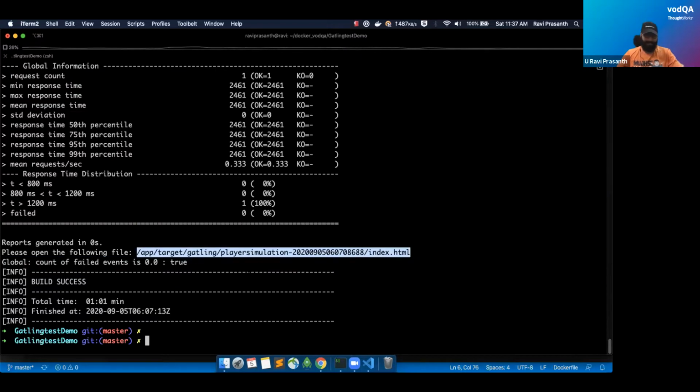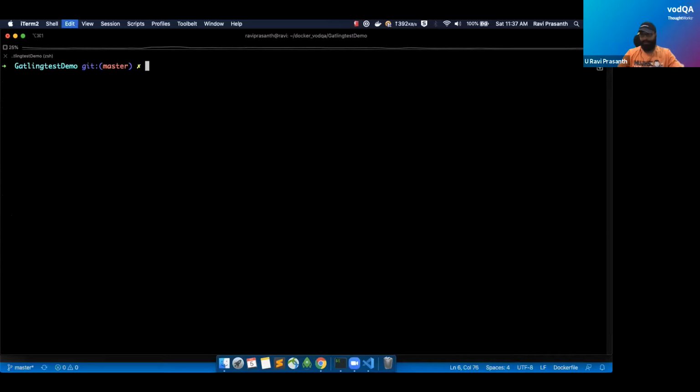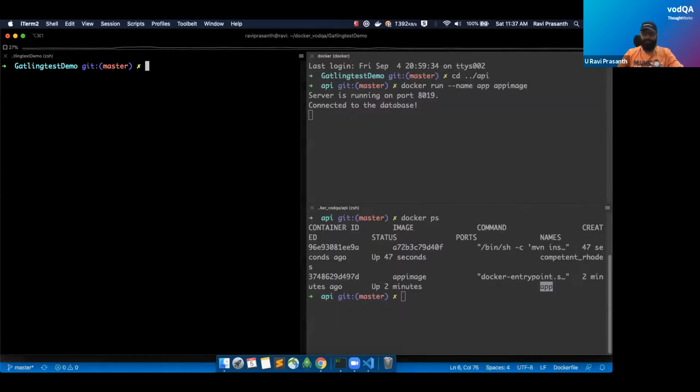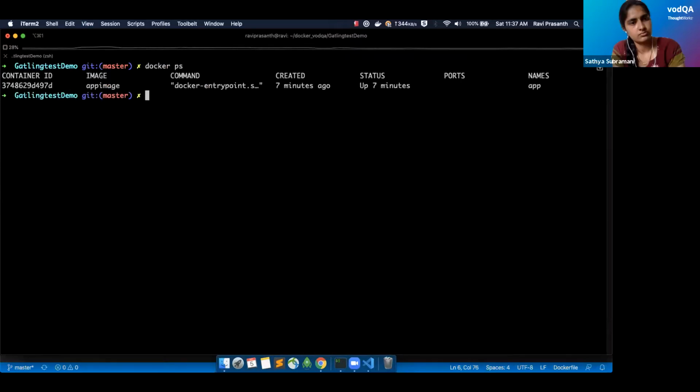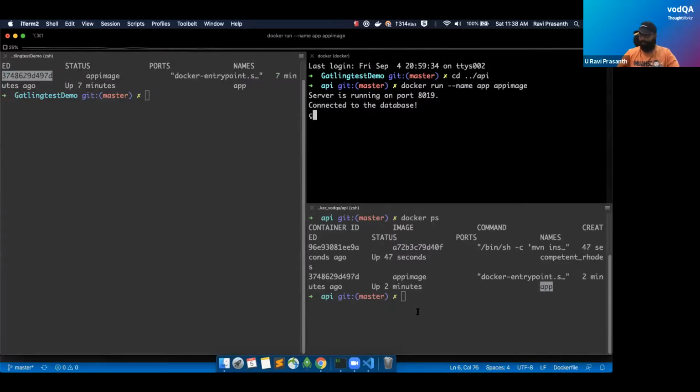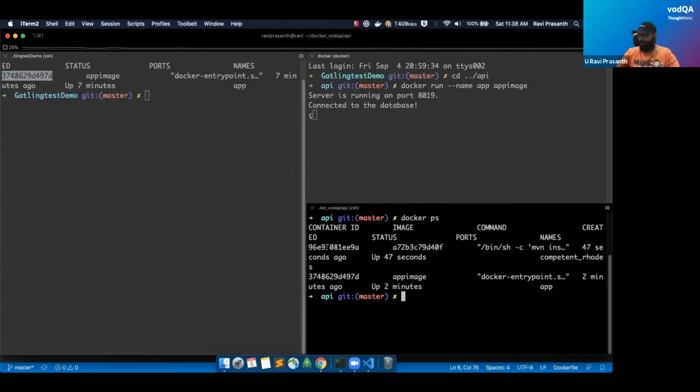How will you fetch it? That is another drawback, right? Abdul showed you right away from his machine, but here if you see the container now, only the app container is running. Where is the Gatling container? From where will you get the report? For this, you will have to mount the volume, or you will have to make this container run till you're done, and then hard stop it. To avoid all these things, there is an orchestrator tool. Maybe I'll come there. Before that, let me stop this container.